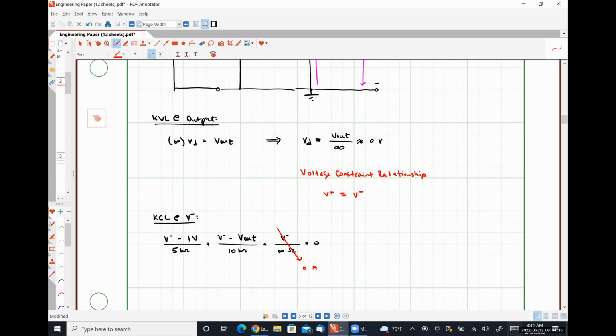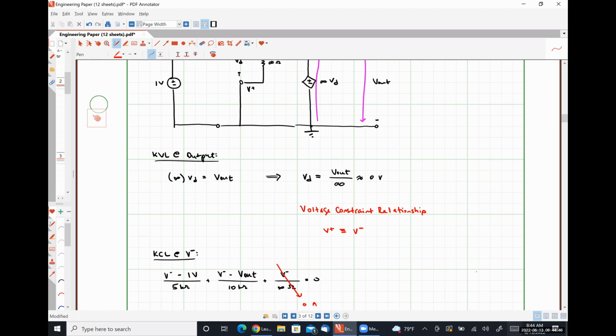This is where our second ideal op amp rule comes from. No current can flow into or out of our input terminals because we have an infinitely large resistance between our input terminals. So the ideal op amp rule regarding voltages comes from our voltage constraint relationship. Our ideal op amp rule regarding currents comes from the fact that we have an infinitely large input impedance. Now,